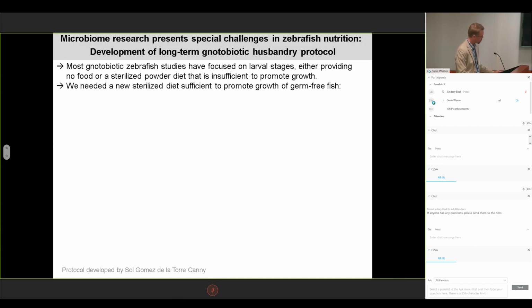Finally, in the last minute or two, I just want to highlight a problem that we're facing in the gnotobiotic field in particular. So the majority of work that's been done in this field to date using germ-free zebrafish has focused on larval stages, and those stages have either not been fed anything, or they've been fed, as I said, an autoclaved emulsion of a commercial fish diet, which turns out to not be sufficient to promote growth of germ-free fish through metamorphosis. So we really needed some other solution, and we struggled with this for years because all the wonderful biology that occurs in the zebrafish life cycle beyond 5 days of development, we really can't interrogate the role of microbiome on this process without a diet that gets us there.